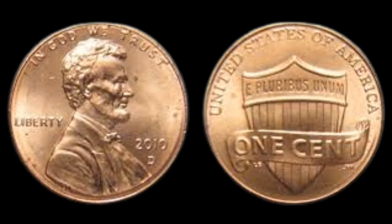obverse errors where the design elements appear doubled due to misalignment during the minting process, off-center strikes which displace the design in such a way that parts of the image and lettering are missing or distorted, and an astonishingly rare mule error in which the obverse of a 2010 D penny was accidentally paired with the reverse of another denomination or an incorrect die setup. Something that should be virtually impossible under standard minting procedures but did in fact happen and has been confirmed through